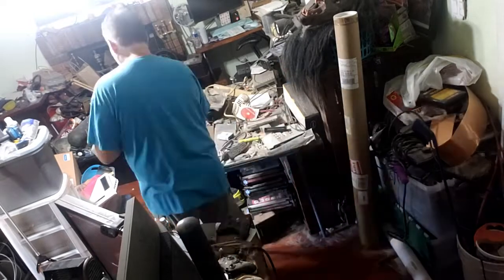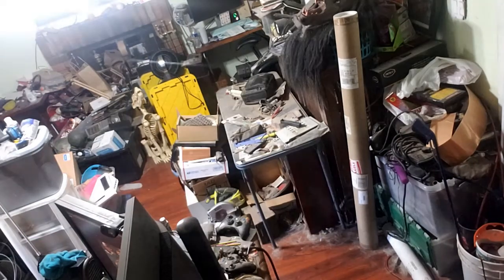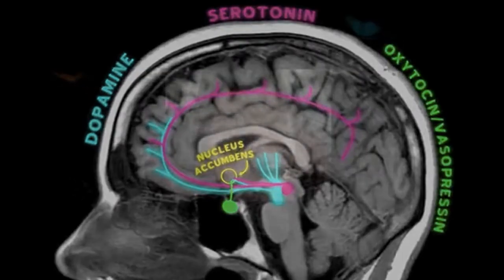If the camera can see a lot, then it's hard to really enjoy the playback when I play it back in hyperspeed. And when I focus on just one area, that's the best. When I can see it all just start to magically transform into a clean area, that's just the most satisfying to watch back. That's what releases the dopamine in my ADHD brain that makes me want to do more hyperspeed